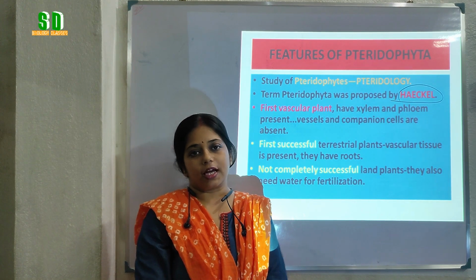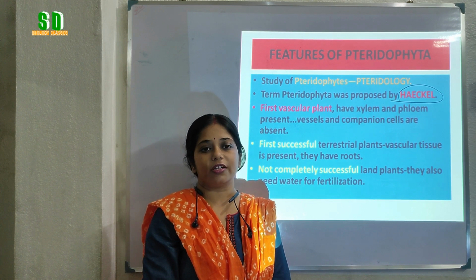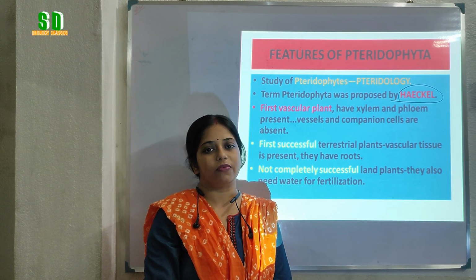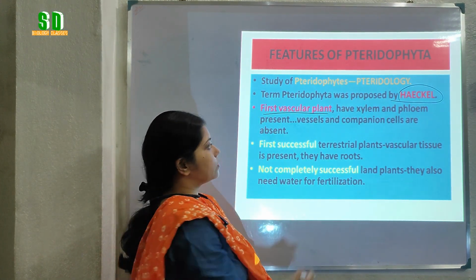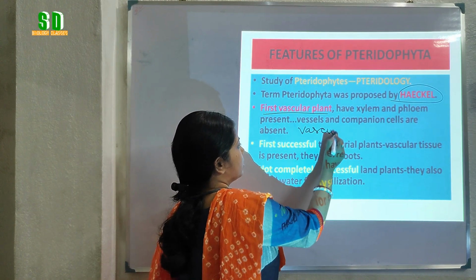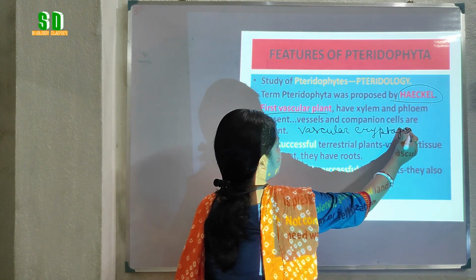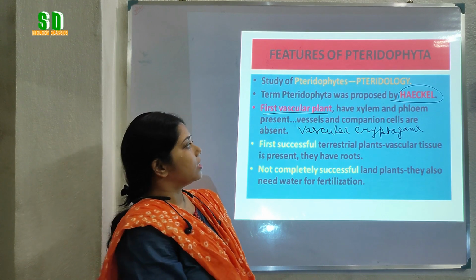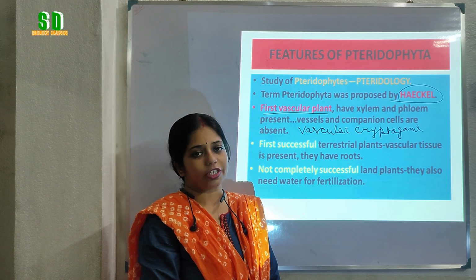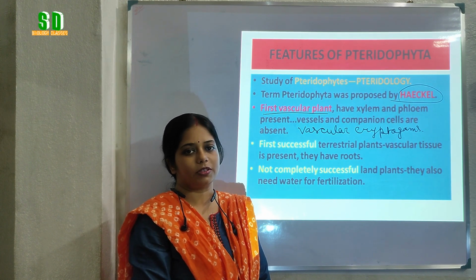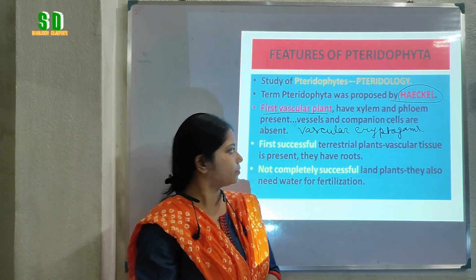It is commonly known as the vascular cryptogams because the Pteridophyta are the first land plants where we can see vascular tissue. So it is also called the first vascular plant, as well as the vascular cryptogams. They have xylem and phloem tissue, but remember that the xylem does not have vessels and the phloem does not have companion cells